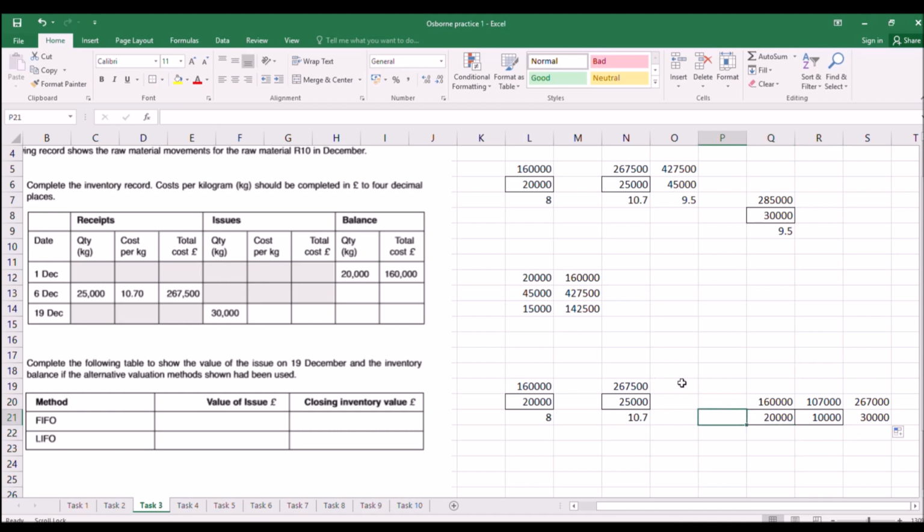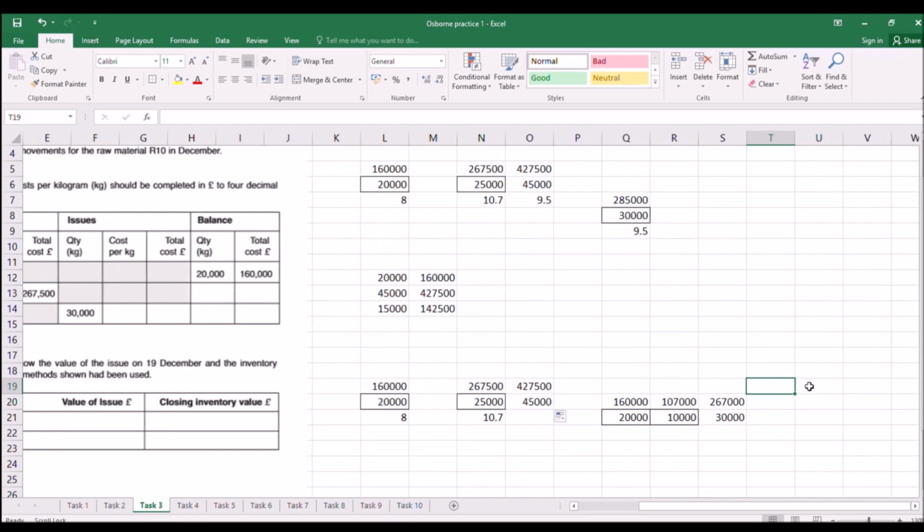Now, what we then do here is, that's our total issues, which we've already done before. So our total receipts added up to 427,000. So we had 45,000 units in, 427,500 is what they cost. We're now going to deduct off this issue in here. So we take off this amount over here, and so our closing inventory under FIFO is going to be